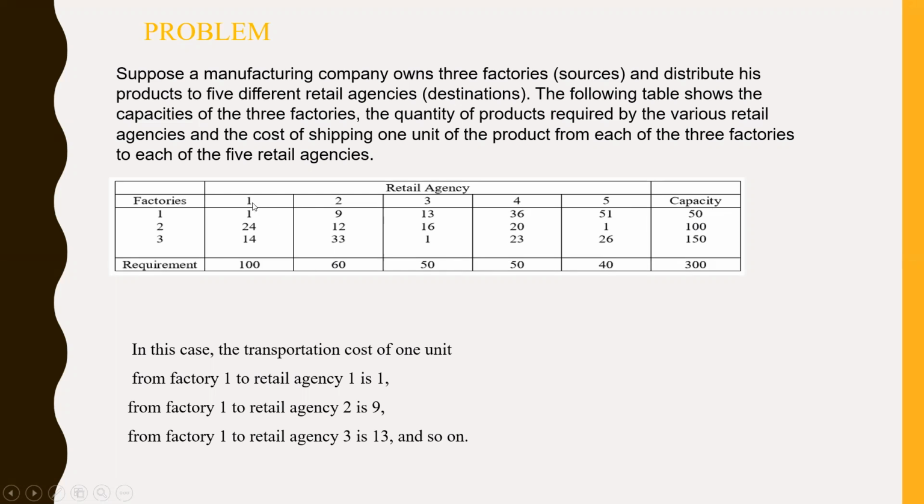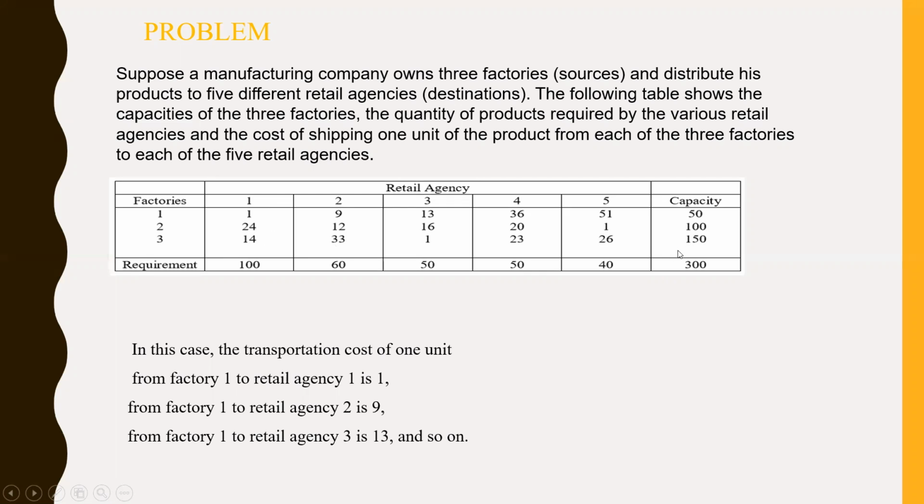Then factory 2 to D1 is 24. Factory 2 to D2 is 12. Factory 2 to D3 is 16. Factory 2 to D4 is 20. Factory 2 to D5 is 1. Then similarly, factory 3 to D1 is 14, factory 3 to D2 is 33, factory 3 to D3 is 1, factory 3 to D4 is 23, factory 3 to D5 is 26, and the capacity of factory 1 is 50,